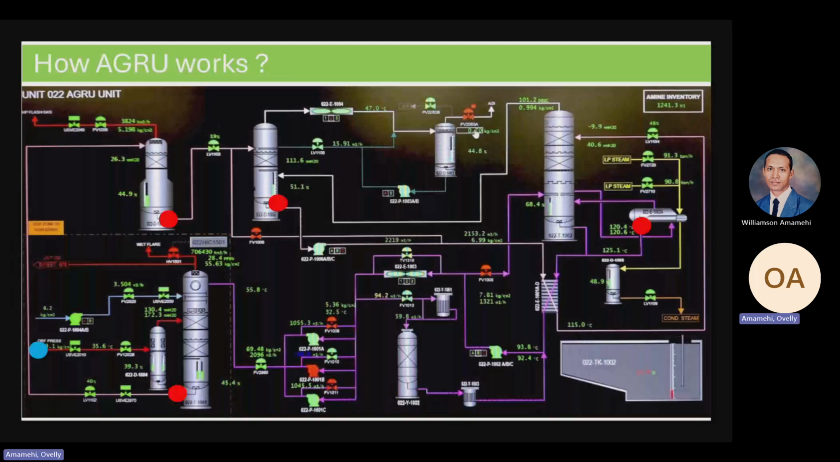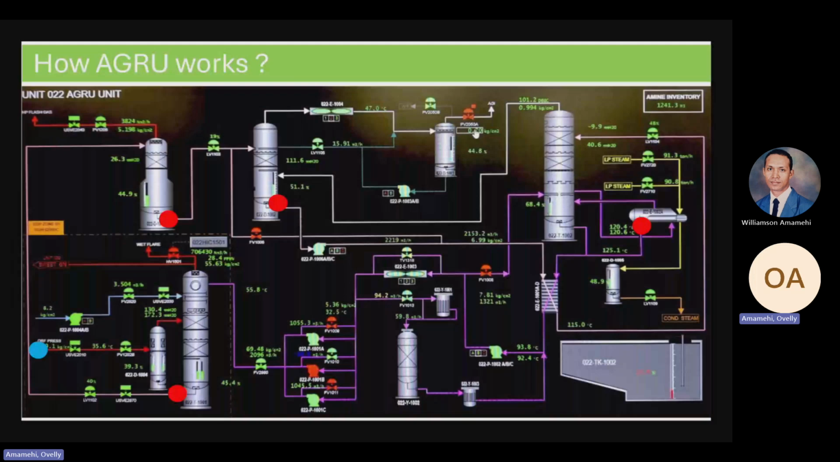And then there are reboilers here with heat supply from low pressure steam. And then the rich amine will be separated here because there is an endothermic reaction here. The acid gas will flow to the top of the reboiler and will enter the stripper, and then continue flowing to the top of the stripper and go back to the LP